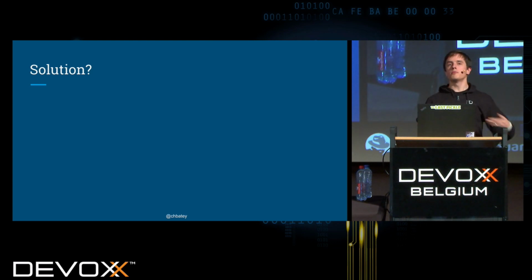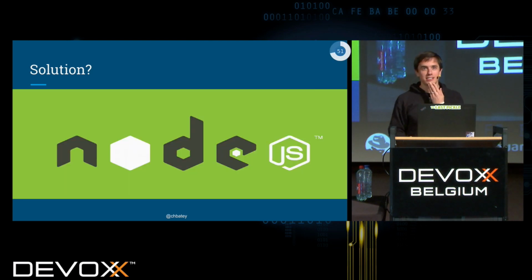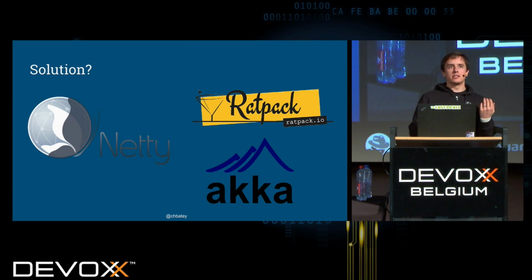But most frameworks and web frameworks inside Java are thread per request. So we end up with 1,000 threads if we need 1,000 concurrent requests. So there is a solution, though. It's to use Node.js. I mean, we should stop using the JVM. I mean, we're in 2016. No, I'm joking. So there are lots of frameworks inside Java that do not tie a user request to a